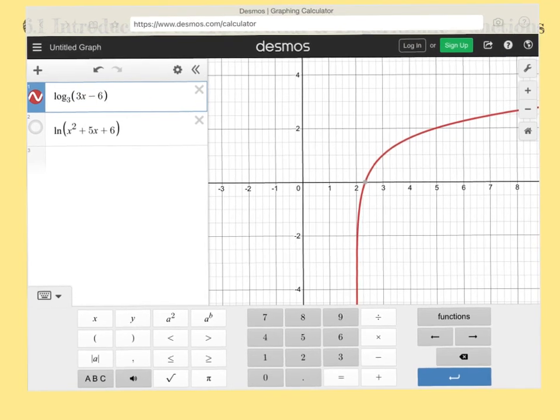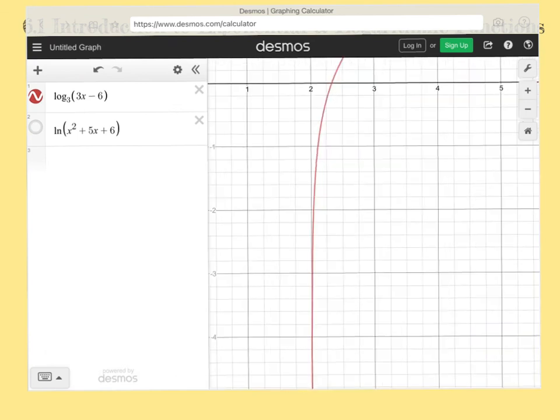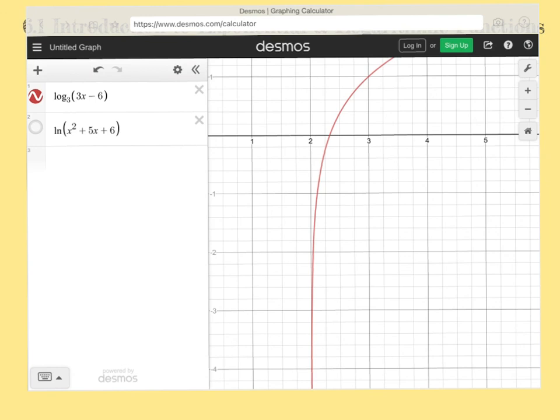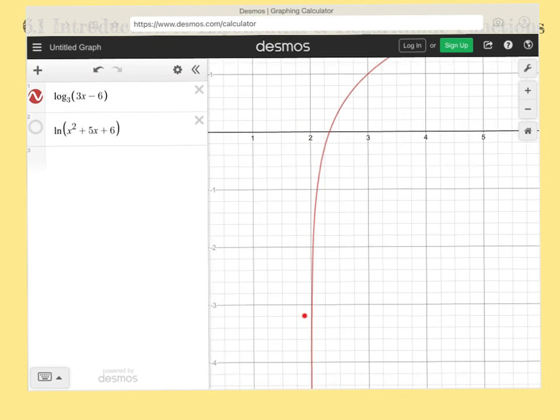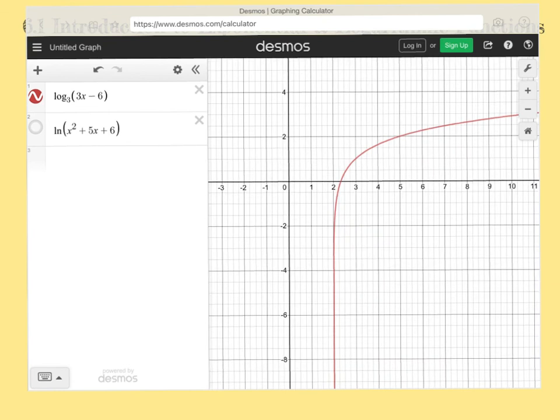If we take a look here, our domain we said was 2 to infinity, and we can see that our vertical asymptote is in fact x equals 2. So we never quite hit that as an x value. So it's only numbers greater than 2 in our domain, and we can see that by the function. So I will now